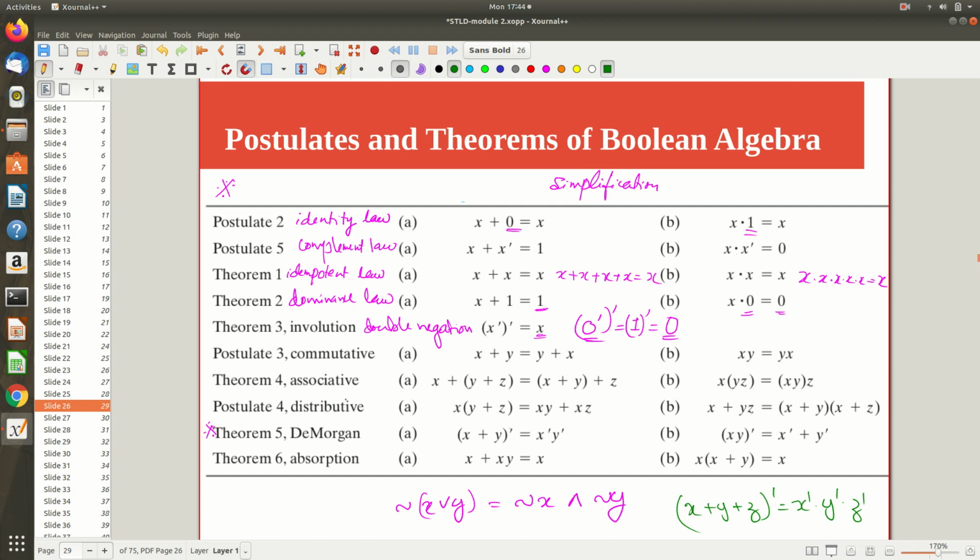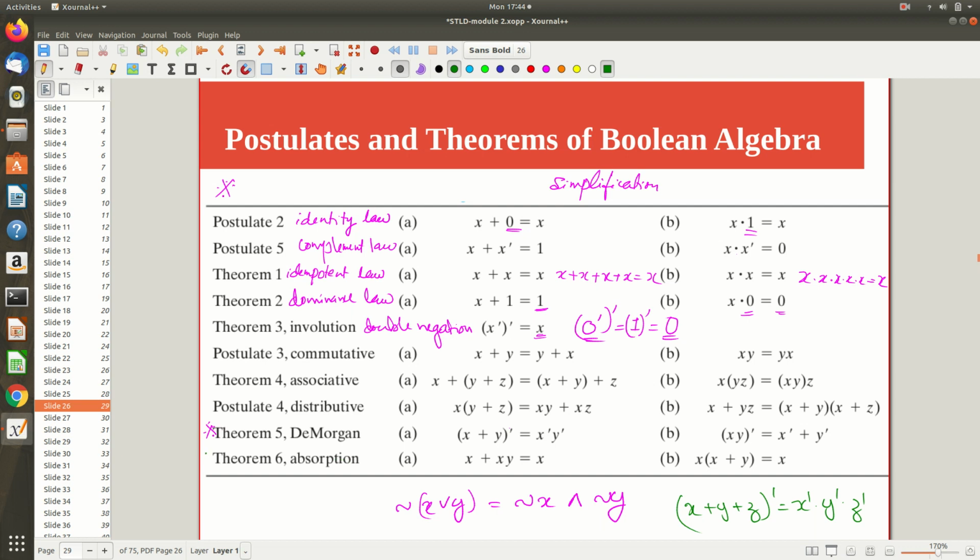And you can't depend on a truth table either. If there are more than 3 variables, that many entries you have to write, it will become tedious. For 2 variables or 1 variable it is fine, but still it is not recommended, because that will not improve your aptitude skills. Simply, your brain is not being used, right? 0 1 you are substituting and doing it. But if you approach it in a different logical way, that will improve your logical thinking capability. Okay, so we will see that.